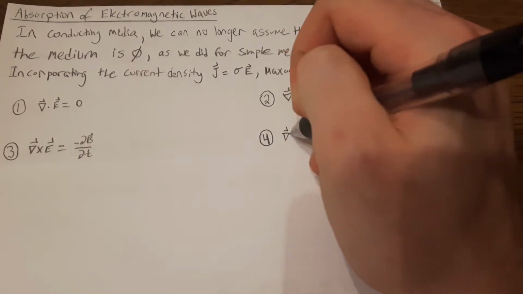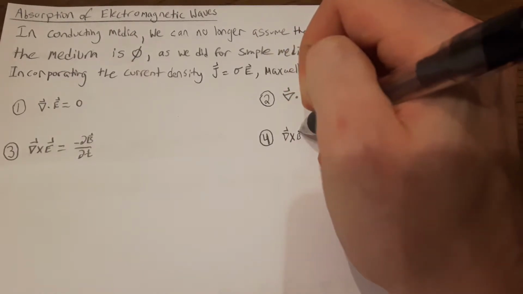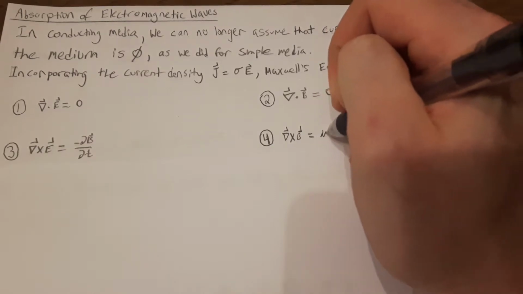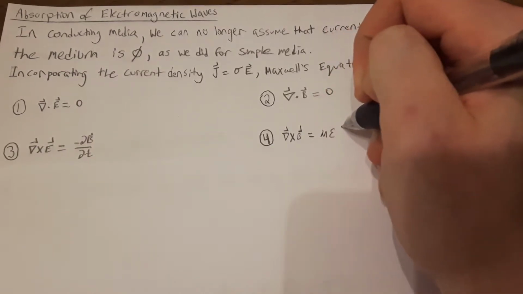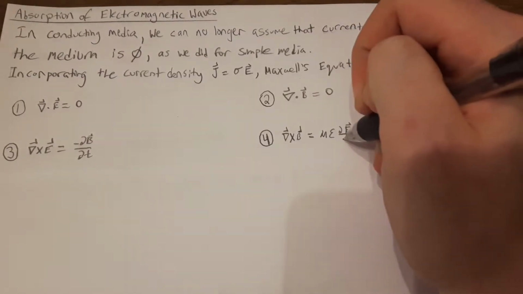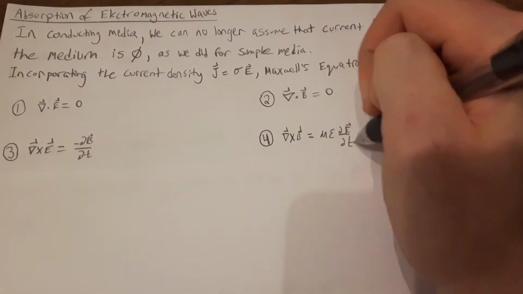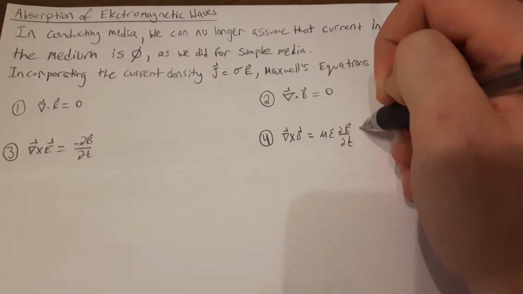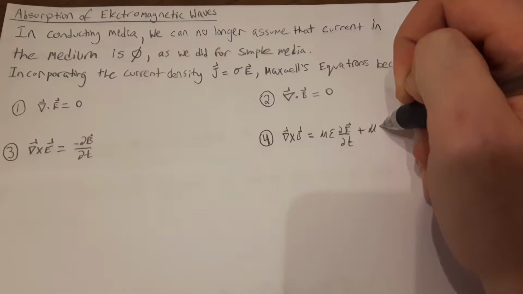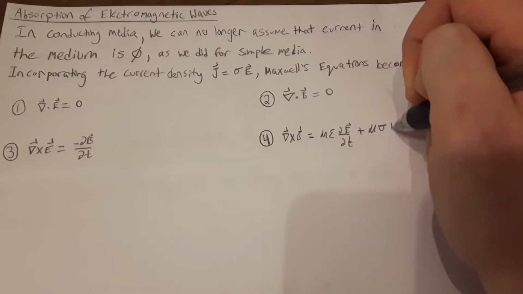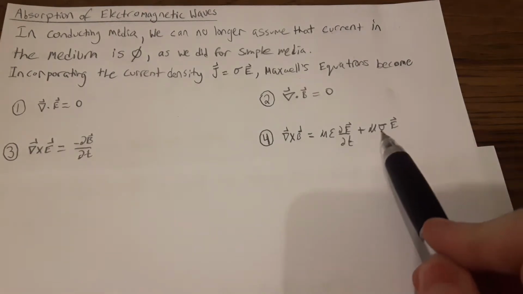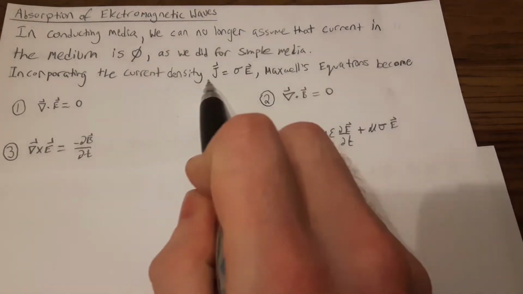But the curl of the magnetic field gains an extra term, where it will be equal to mu epsilon times the time derivative of the electric field as before, but now plus mu times sigma times the electric field,